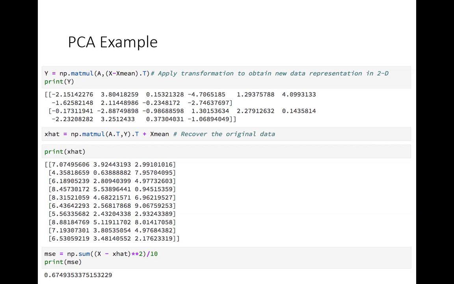All right. So again, we can calculate the mean square error. And that error comes out to be 0.674, which is again same as the lowest eigenvalue that we discarded. All right. Now,